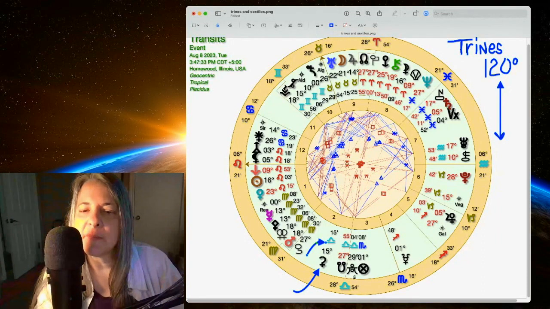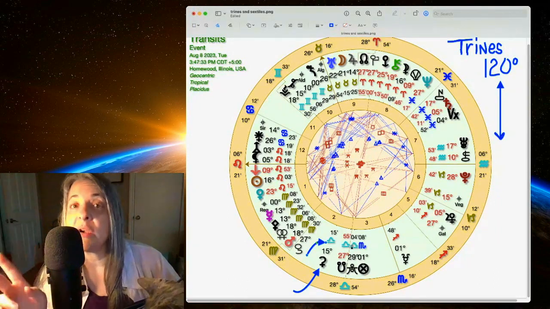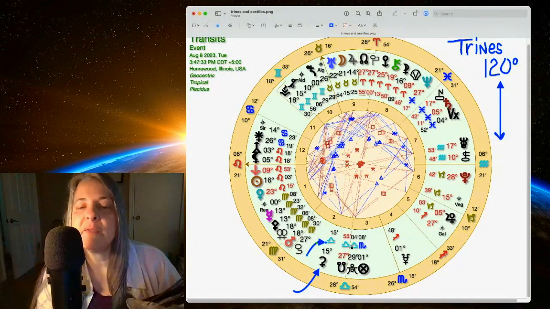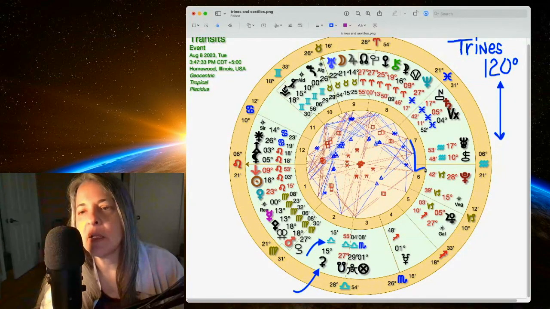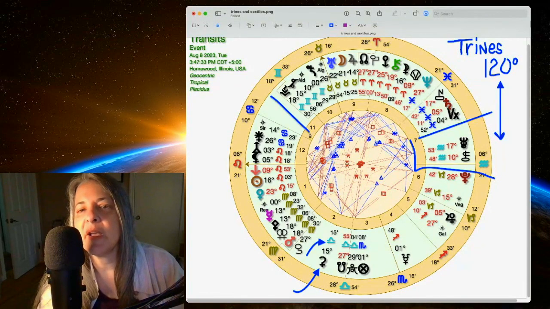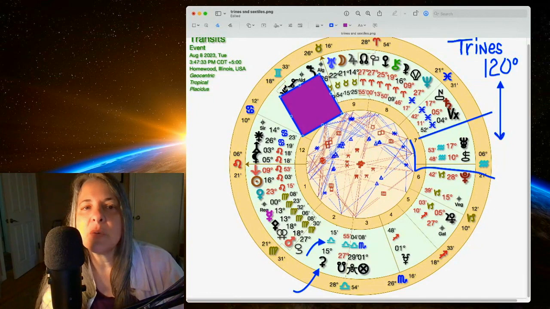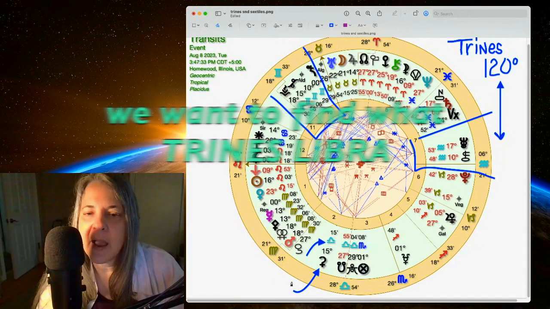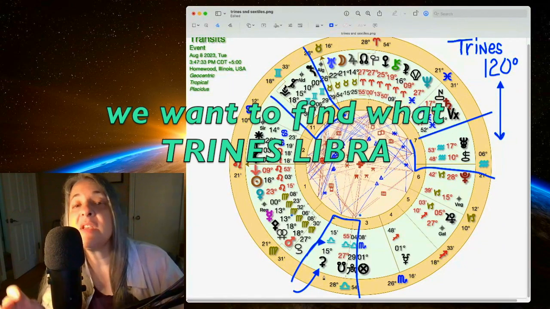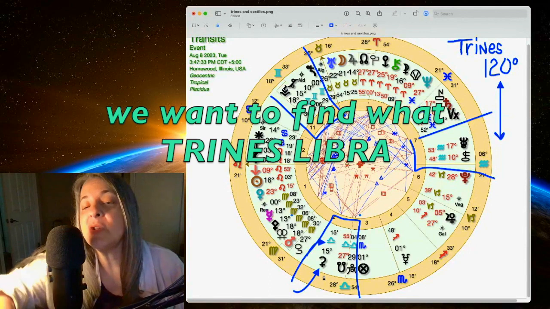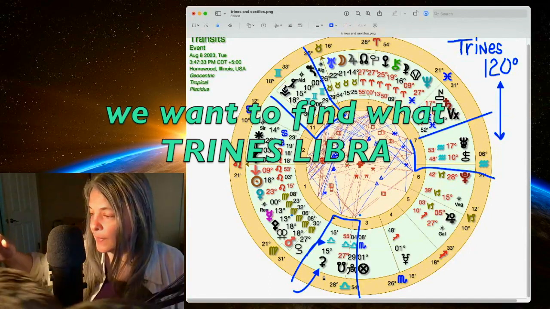So for air, a shortcut is finding the three air signs. If I look over here, I can mark them off on my chart. There's Aquarius for the air, and then there's Gemini for air in this chart. So when I see this, I'm like, okay, I see the three air signs. Now, to see if we have a trine, we're going to be looking